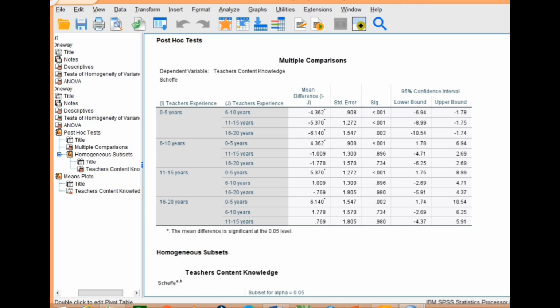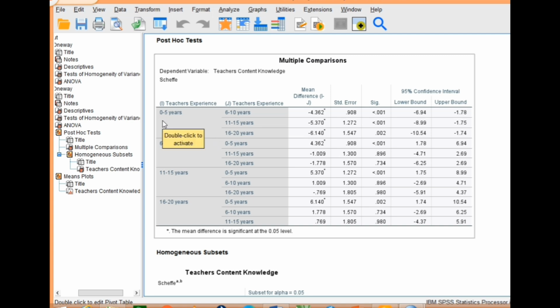On the multiple comparison, we will see that the teacher wants to compare the different mean experiences of teachers. From 0 to 5 years and 6 to 10 years gives us minus 4.362, and then when we compare it with teachers with 6 to 10 years and 0 to 5 years, as we have here, we have plus 4.362. When we combine the mean difference, it gives us 0.00